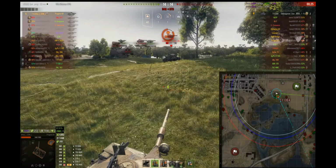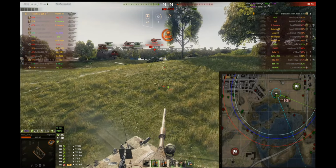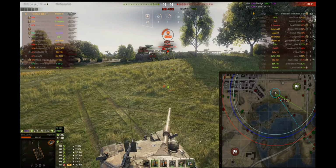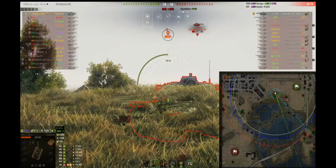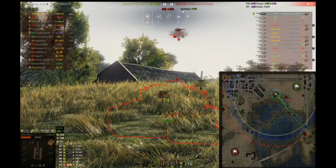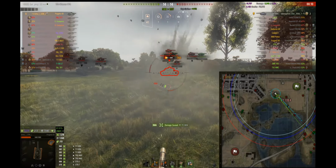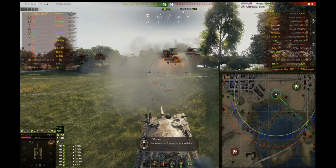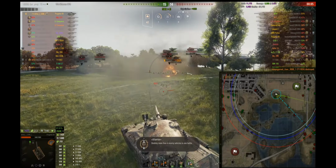I don't like the choice of that shot there, shooting on the move when he was barely exposing the top of his turret. So is this going to be a heartbreak? He sees the cupola. E4 knows his cupola is very weak. E4 donks his shot. I mean, he really had nothing else to do there because he knew that the Progetto